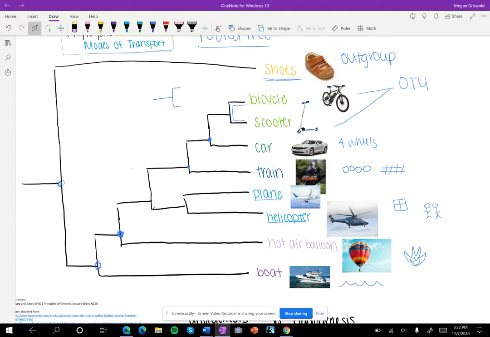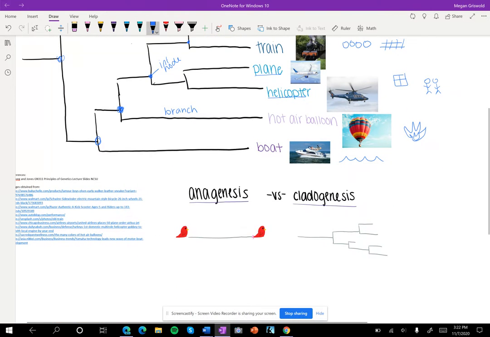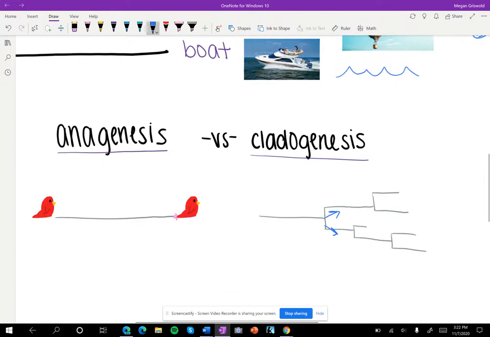To go over helpful terminology, nodes are staples with the line coming from the left, and there are 2 types. The internal nodes represent common ancestors that existed before the divergence, and terminal nodes are the last nodes to the far right that link 2 items such as a bike and scooter. Each line in the drawing represents a branch, and cladogenesis is the splitting of one lineage into 2, or one line becoming 2, which contributes to biodiversity.